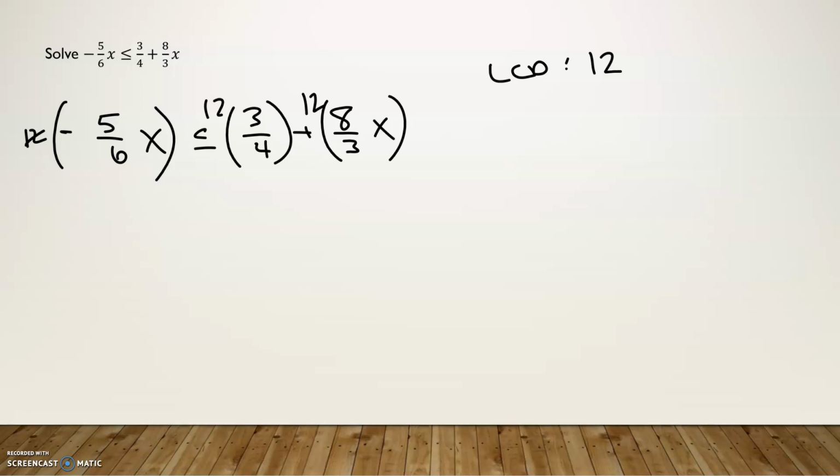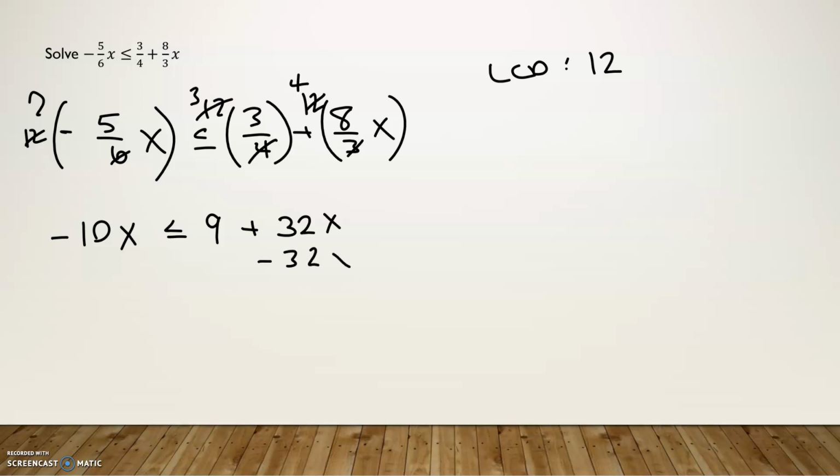Okay, so cancel here, I'm left with a 2. So this would be negative 10x less than or equal to... cancel here, now I'm left with a 3. 3 times 3 is 9. Plus, cancel the 3, and I'm left with a 4. And 4 times 8 is 32x. So I'm going to subtract 32x